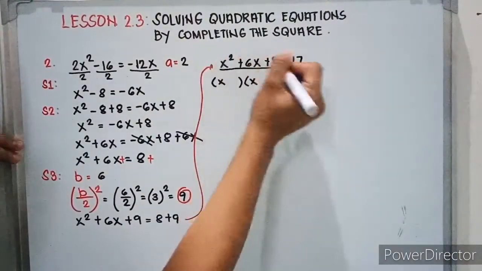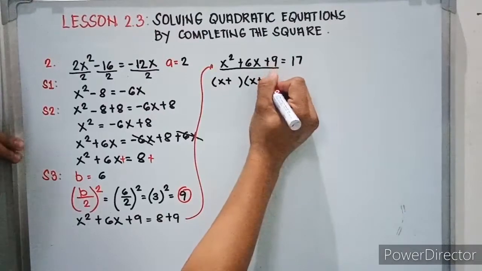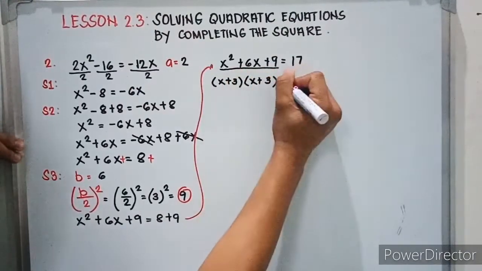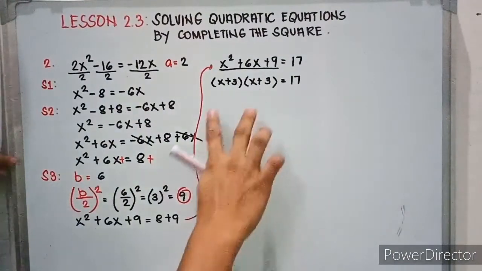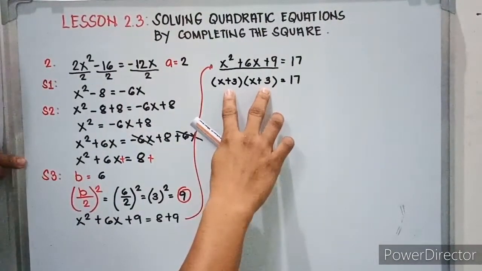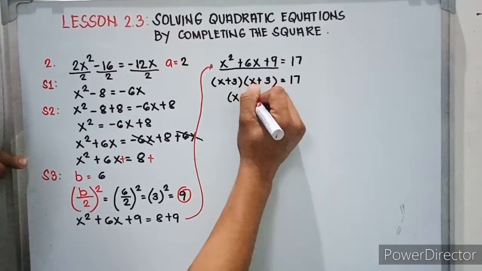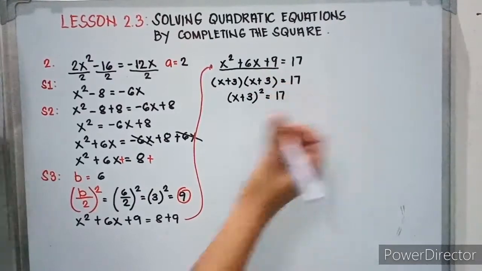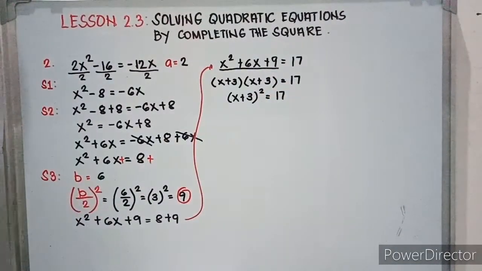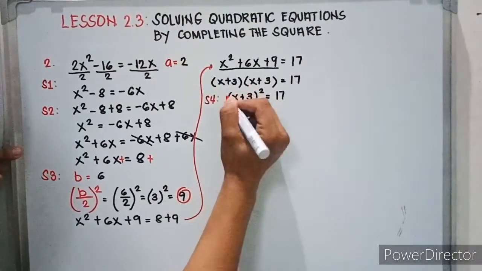So since all of terms are positive, so these are positive. Then 3 equals 17. Then, since we have two factors of x plus 3, so we can rewrite this as x plus 3 squared equals 17. Then, for our step 4, we are going to get the square root